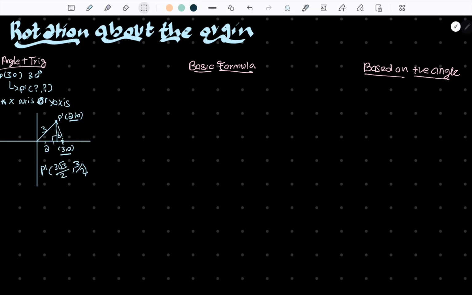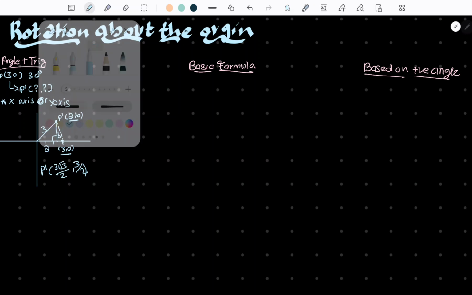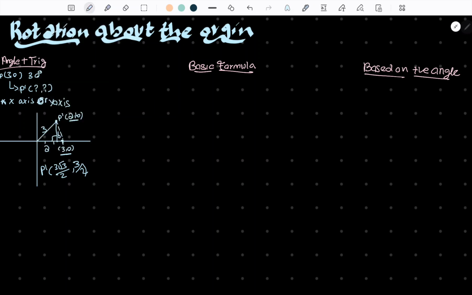So the next thing that we're going to look at is the basic formula. I really don't want to explain the proof, but this is just the final formula, okay? So for P with the points x comma y, when it's rotated around a certain angle, will be P prime x prime, y prime, okay? So when we rotate everything, what we get is